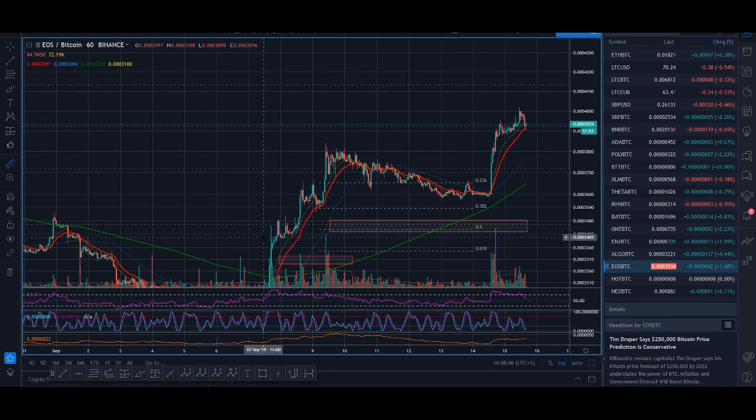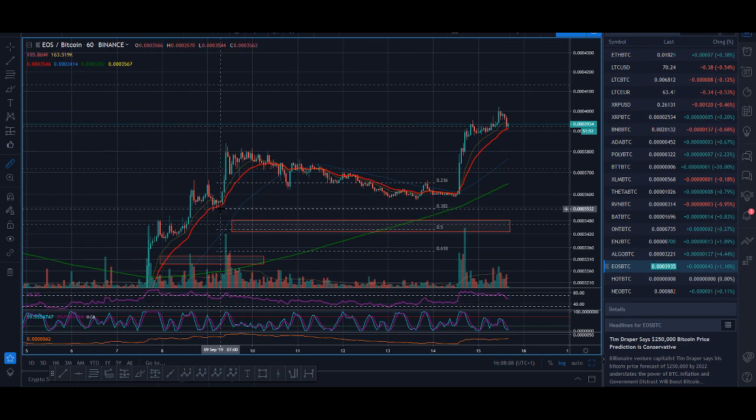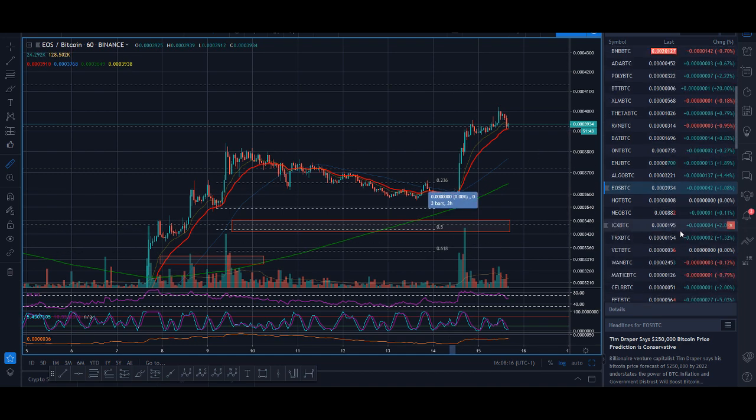And I traded that, was it on BitMEX? I think that was a leverage trade that I took as well, so that was a nice little trade for me. That's EOS. The next one is Matic. So I know a few people have asked about Matic and Link. I'm going to look at those two coins.